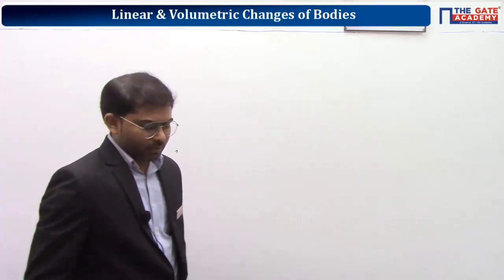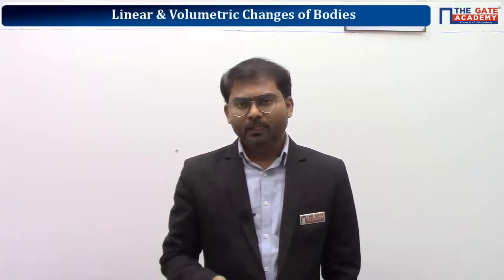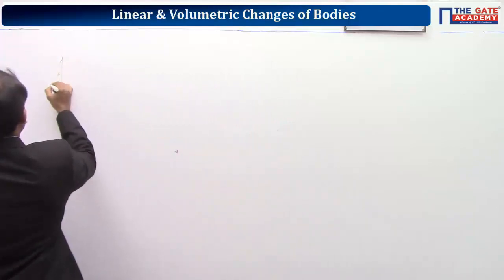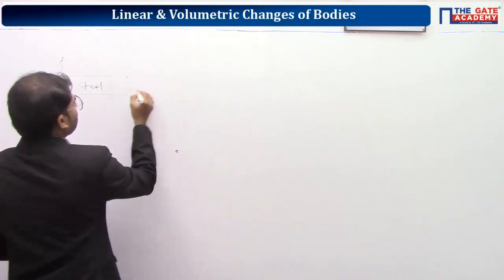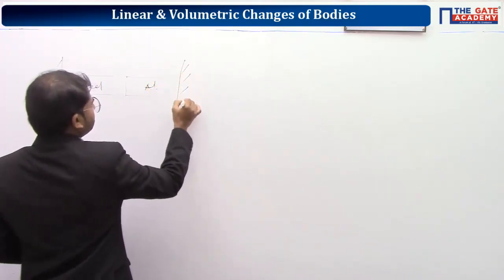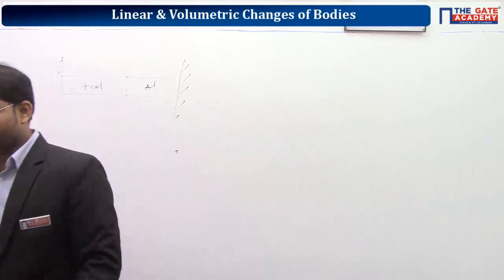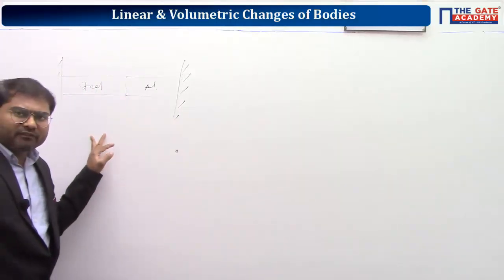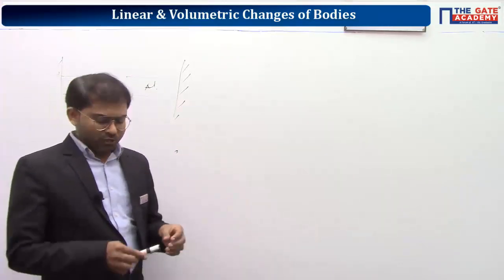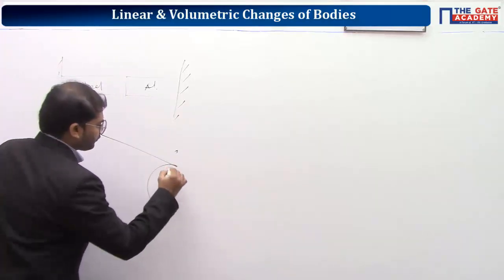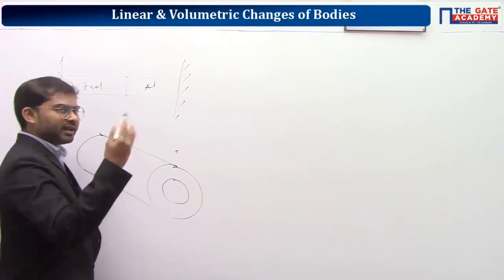Done? Okay, so basically we have already dealt with composite bars in a few numericals. For example, we have taken one numerical where it has steel up to some length and the remaining part is aluminium. That's already a composite bar. We already dealt with that. So wherever the material varies along the length, we already dealt with that. There's nothing extra to study in that one. So now we're going to take those bars where the material is varying along the radius.